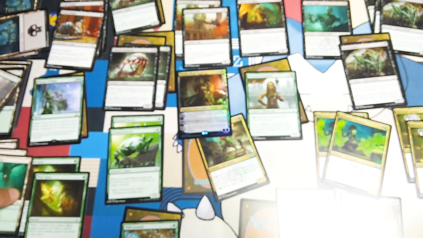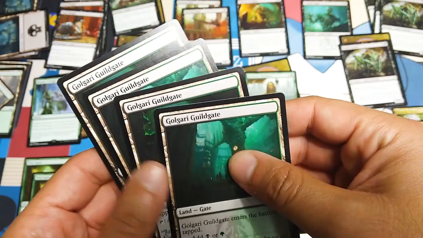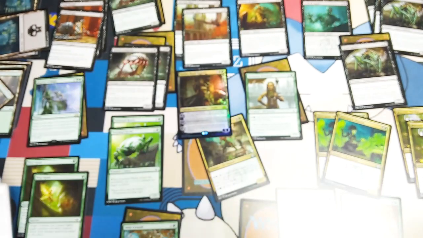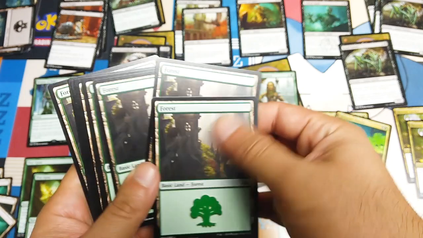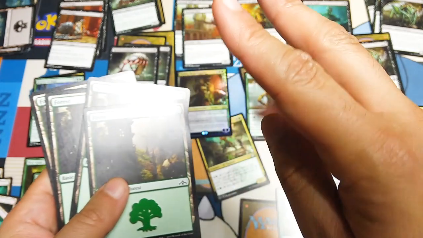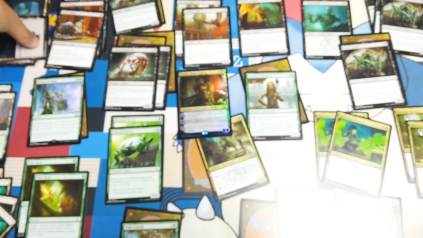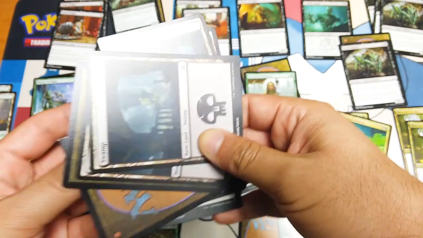Well, first what I want to do actually is get the mana base correct. There's 4 Golgari Gates. They generate black or green mana. Okay, we're going to keep those. But what we are going to change is we've got 10 forests and then 12 swamps. That's too much mana. So I'm going to remove 2 swamps